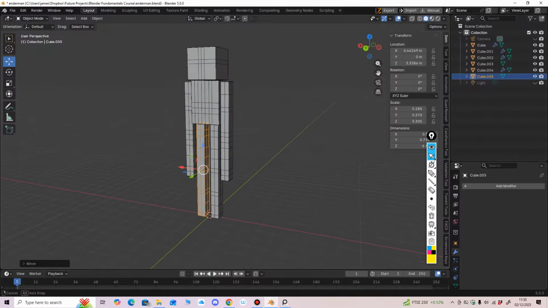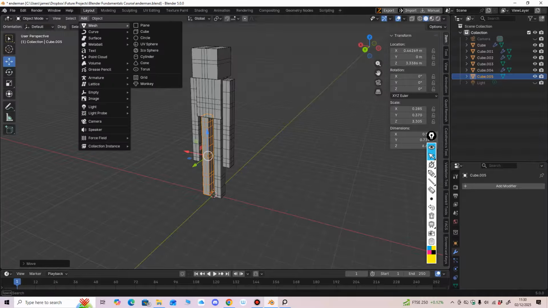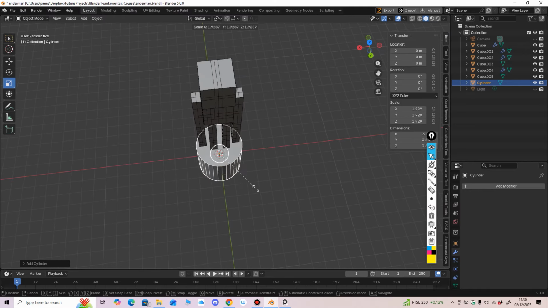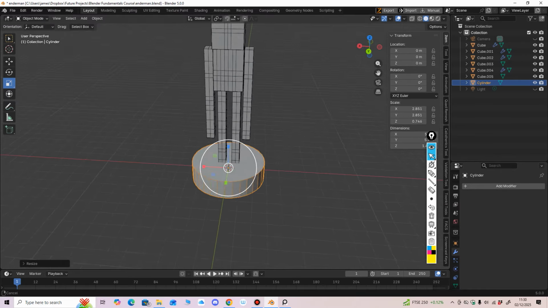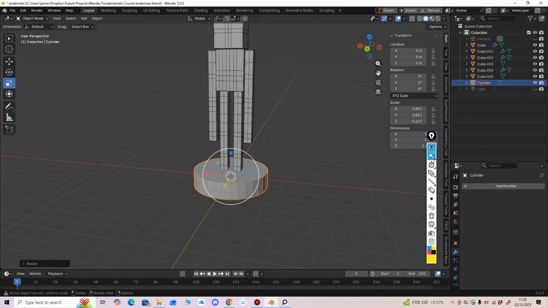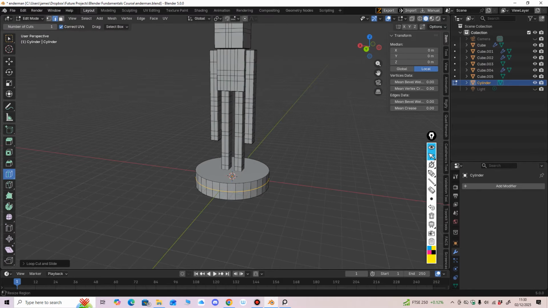I think what we'll do, we'll go to Add Mesh Cylinder. Let's scale this cylinder. We could have him standing on a kind of cylinder, couldn't we? Into edit mode. And let's go to select loops, edge loops. Scale that in a bit, bring that down,